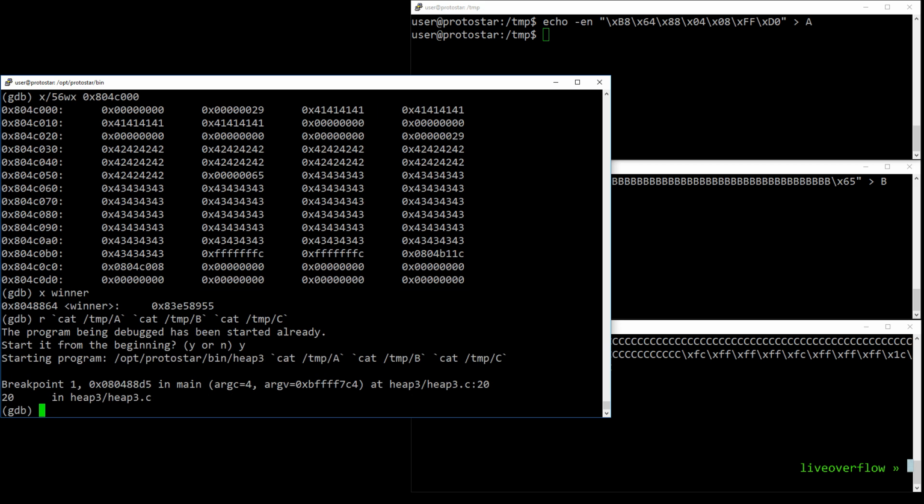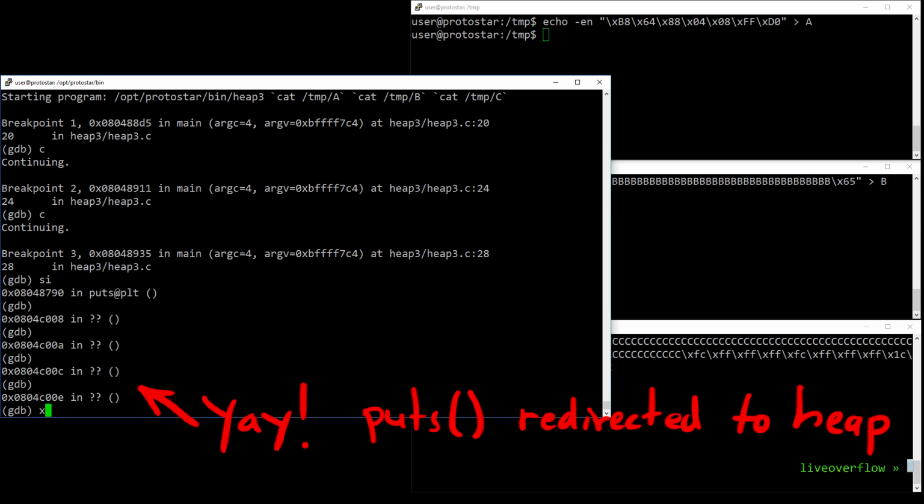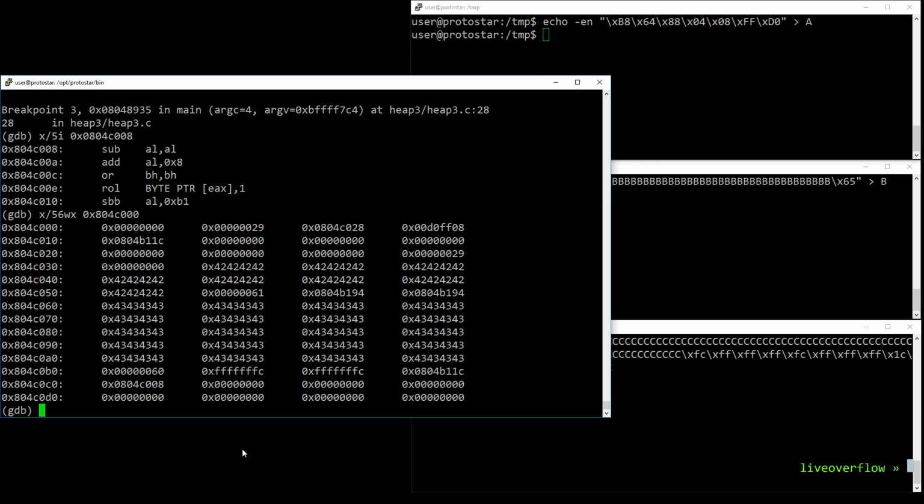Let's execute the free and single step into the puts call. Oh, great. We follow into the heap, but somehow our shellcode is wrong. You can see that it's completely garbage. Instead of our shellcode, we have some addresses here. Oh, of course. We perform